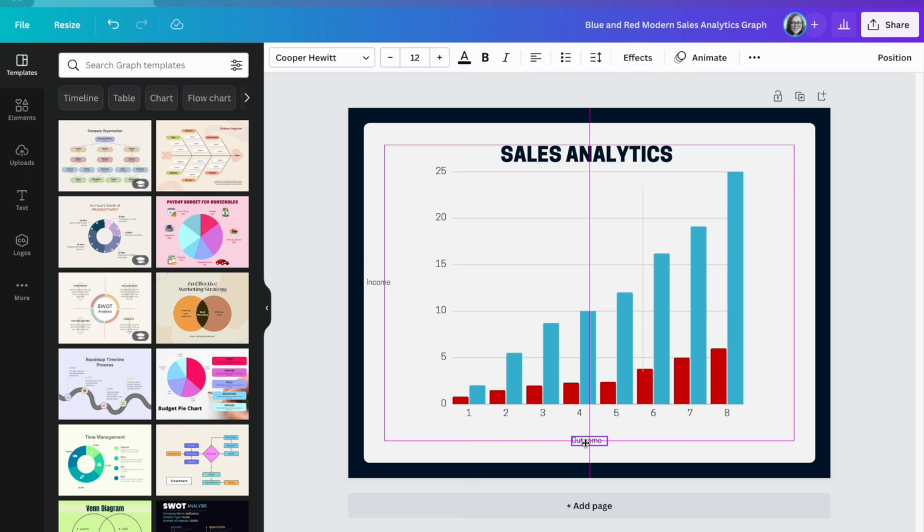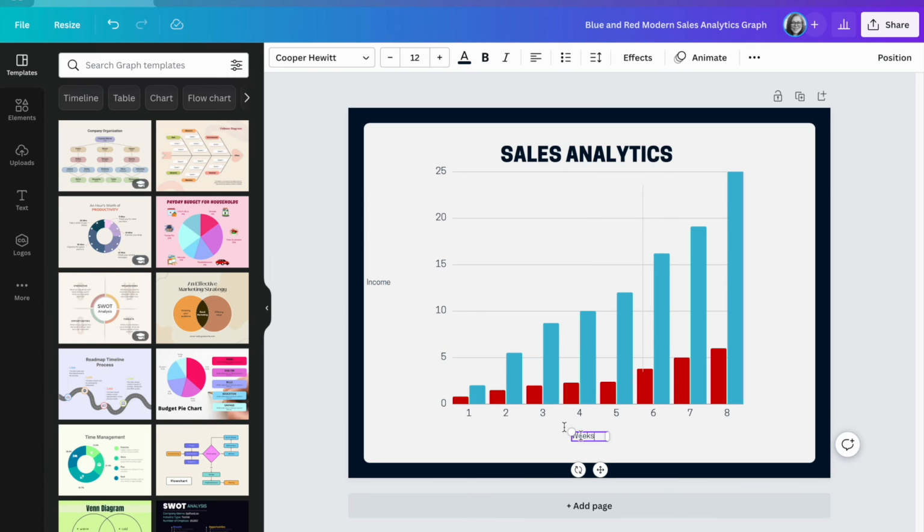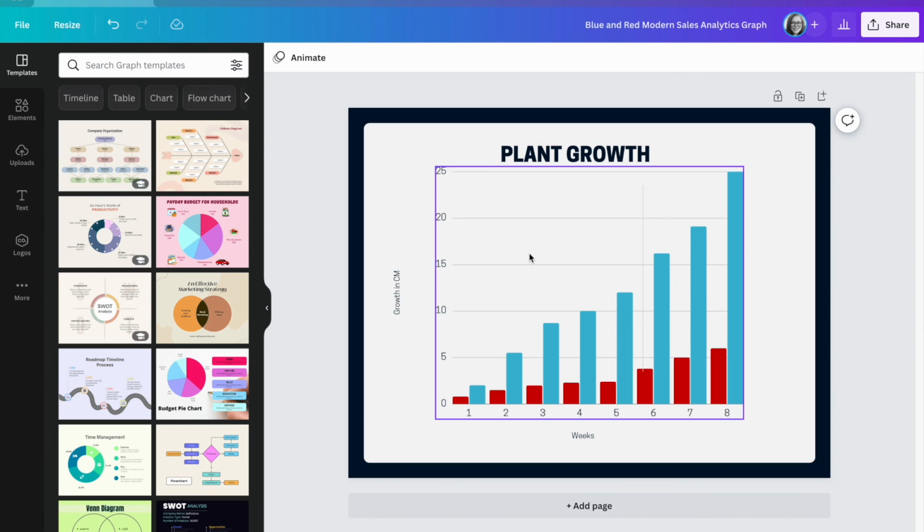So I'm going to say, rename these weeks, rename this growth, and CM, and rotate it. Plant growth. And the neat thing about Canva,